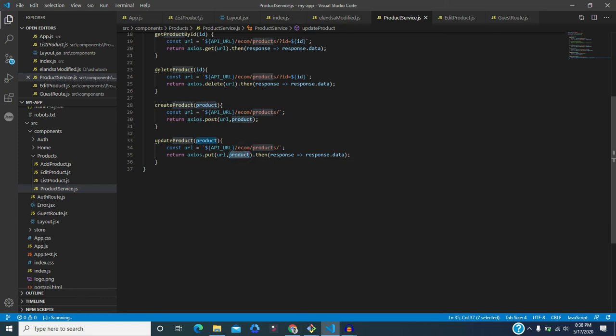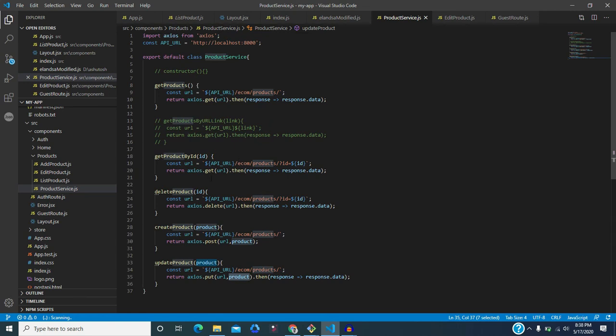This is again a put data. It's similar to the post data. We will collect this and we will write some logic against this data. So I hope that you understand about this file, what this file is doing. Basically this is the product service. So let's go to the products again.